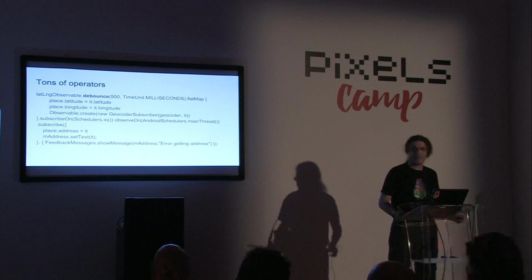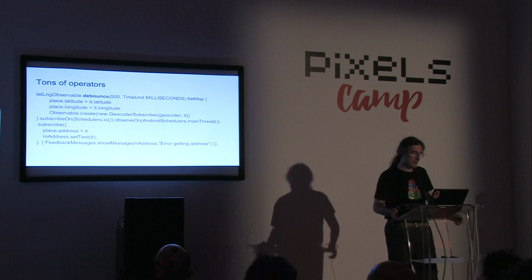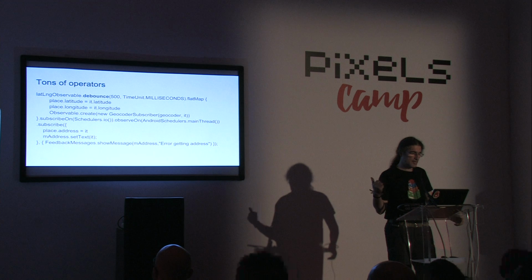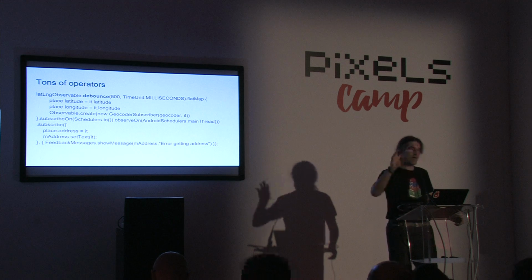So you have, like I said, a ton of operators. I'm just showing some of the ones I use most to give you a taste of it. So in here we see another example. Basically, in this example, I have a map, and the user is scrolling the map, and the thing I want to do is